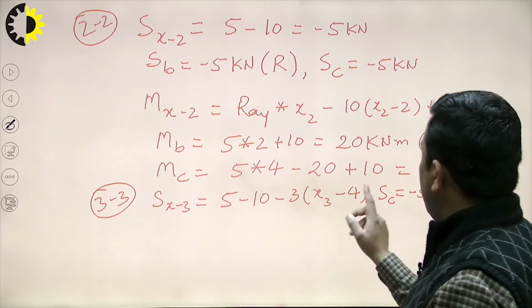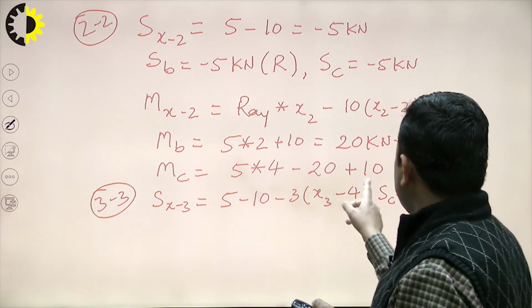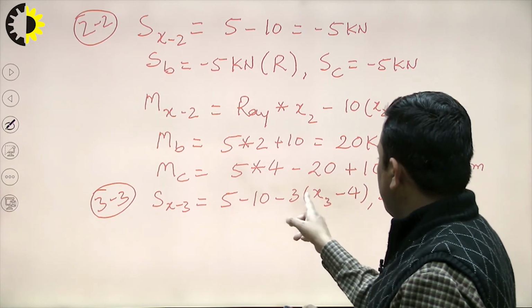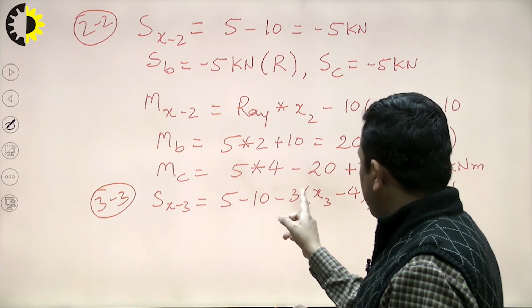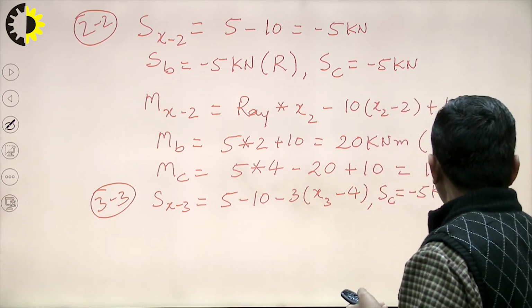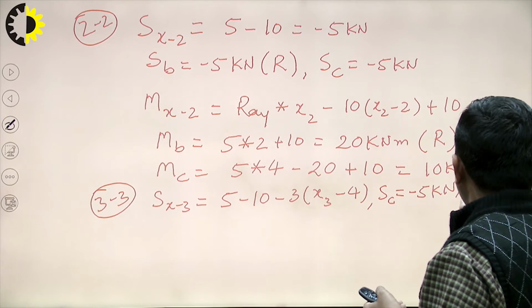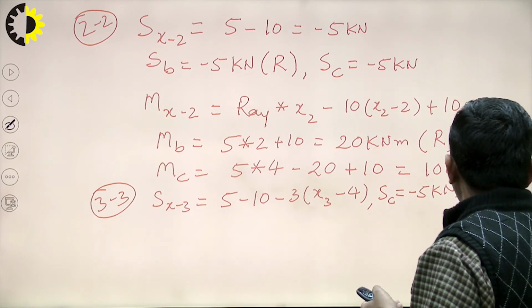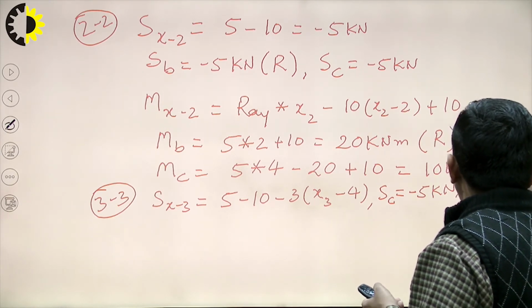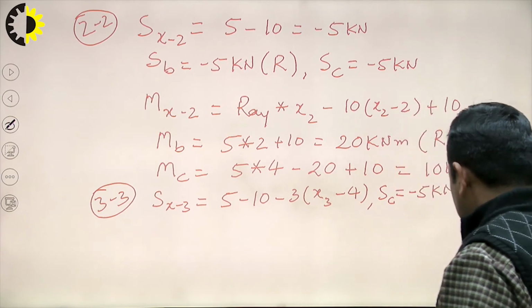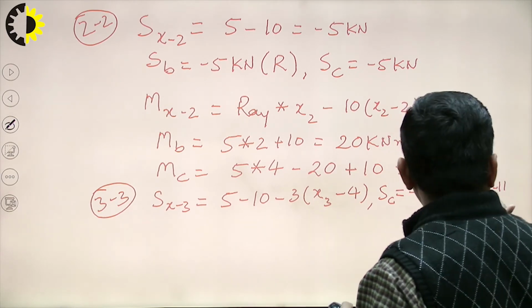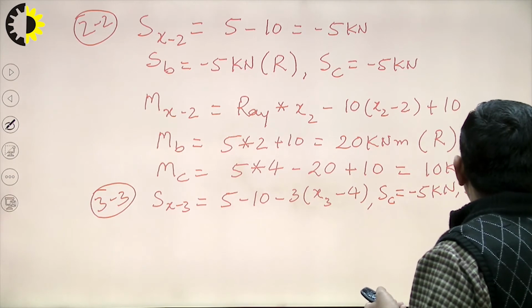Okay. And x3 equal to 6. So, this will be 6 minus 4, 2, 3 into 2, 6, and -5. So, it will be -11 at point D. -11. Okay. I do not think there is any issue. -11 kilonewton,